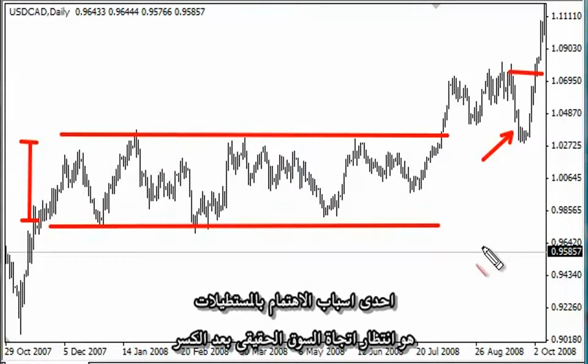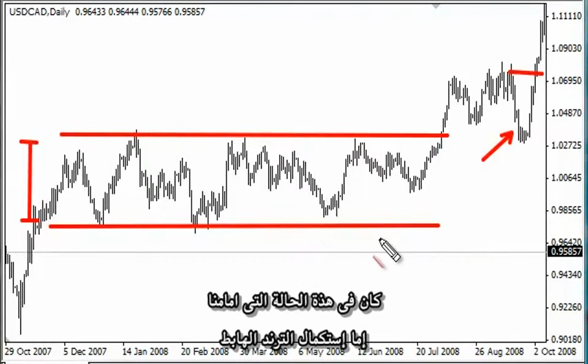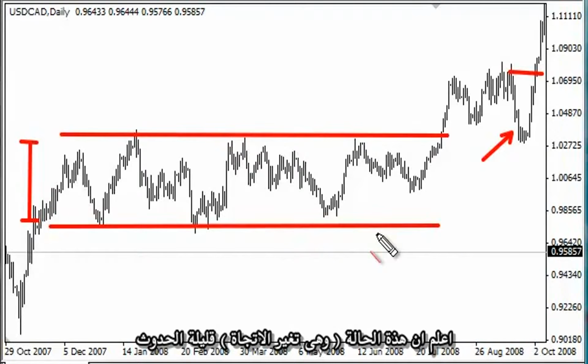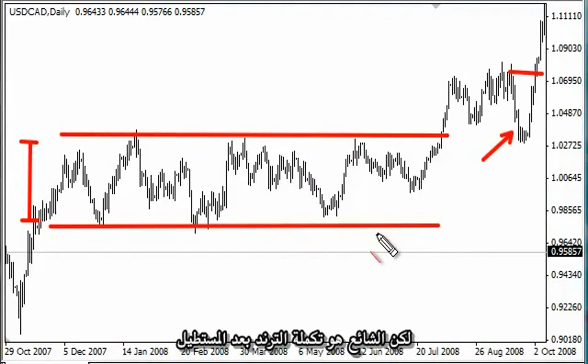It's one way you can think of rectangles, as a decision waiting to be made. In this particular case, you had the decision of, do we continue lower, or has the Canadian dollar appreciated a little too quickly against the US dollar? The latter of the two was chosen in this particular case, but quite frankly, more often than not, you will